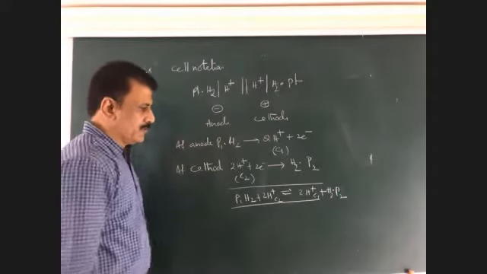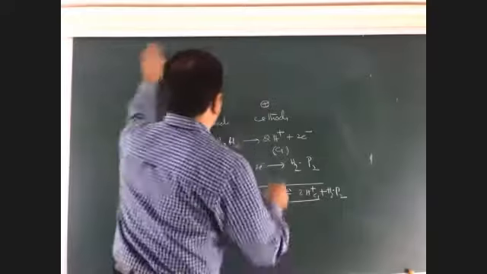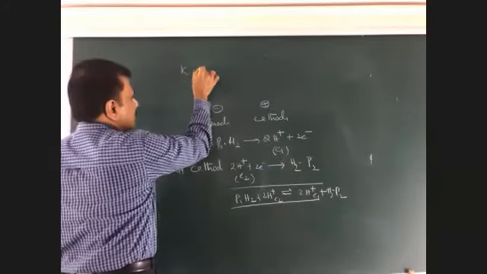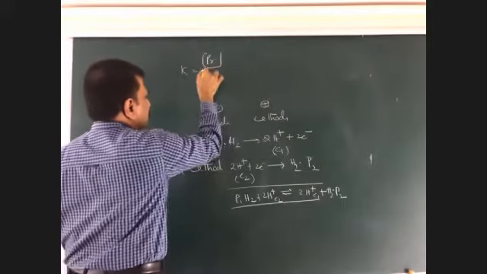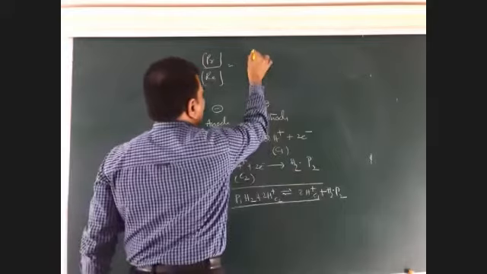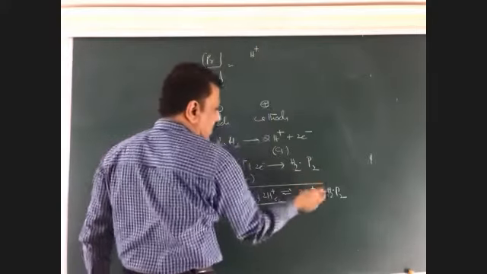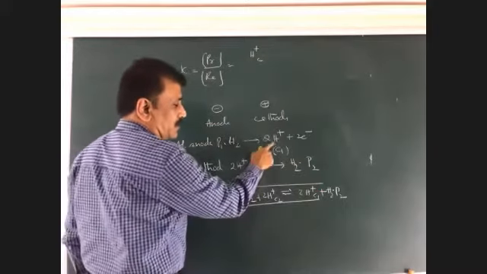So K should be written for this equation. Here K is nothing but products by reactants concentration. It is written like this. What are the products? H plus ion concentration of C1, that is this products,